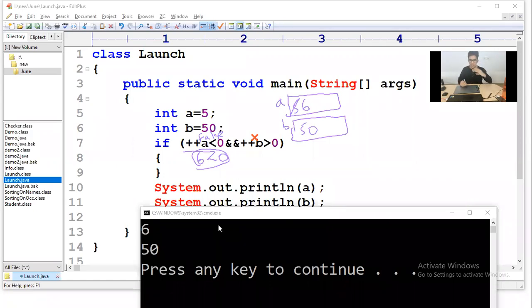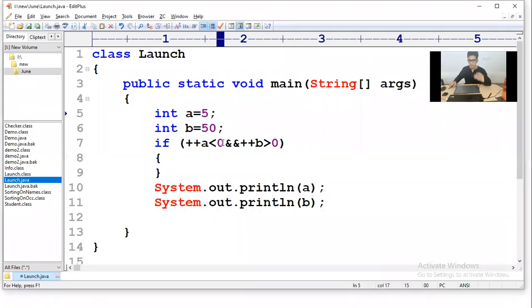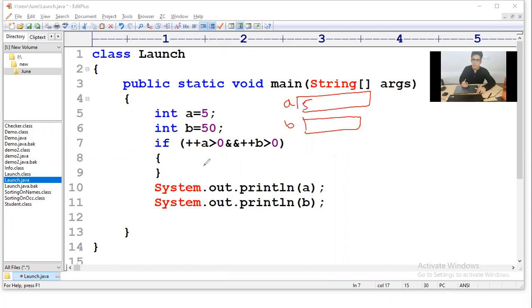Next we'll see different types of problems so that we'll have a full grip here. So I'll be closing this. Let's change the question a little bit. Is it greater than 0? Is it greater than 0? Now let's draw the memory diagram here. Always it is important to draw it like that. Let me change the color here. What's the A value in the beginning? 5. B value 50. Plus A, right?